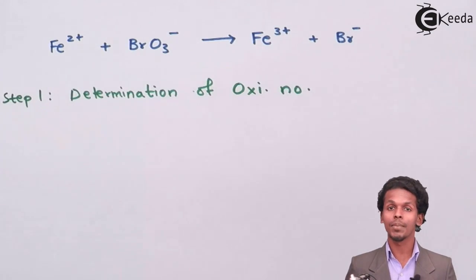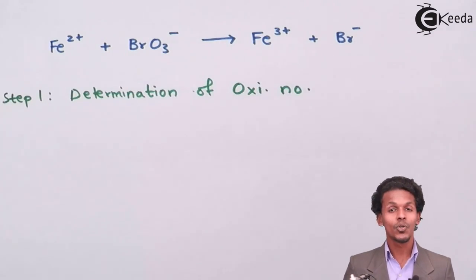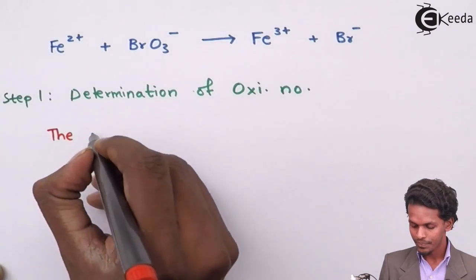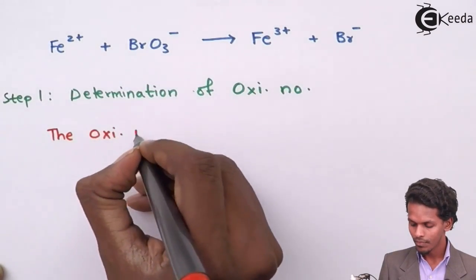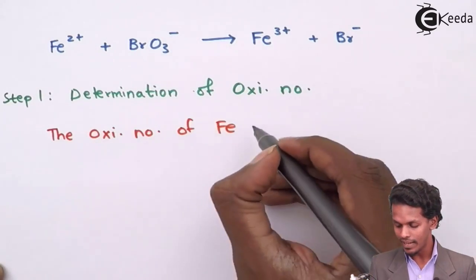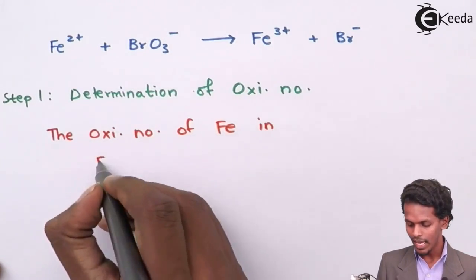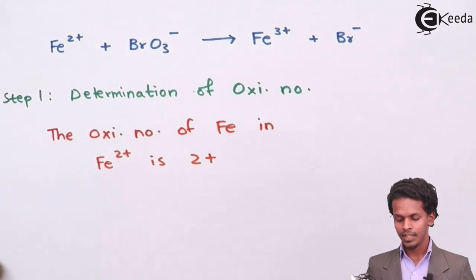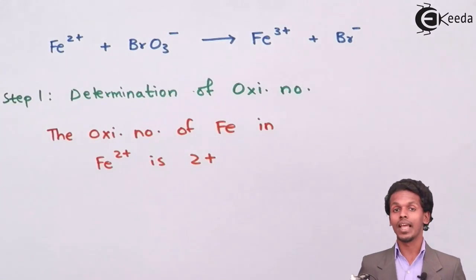Therefore the oxidation number of Fe2+ is 2+ itself. So the oxidation number of iron in Fe2+ is 2+, while that of bromine we have to calculate